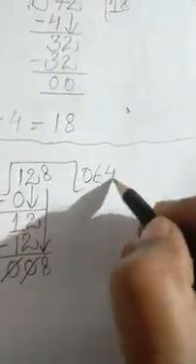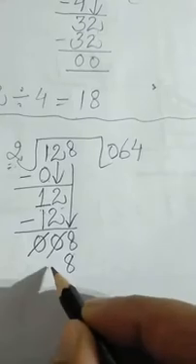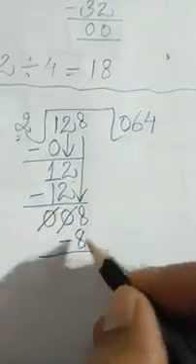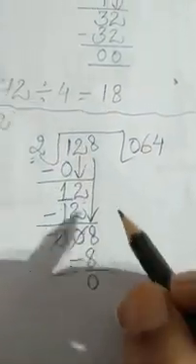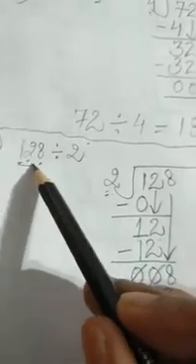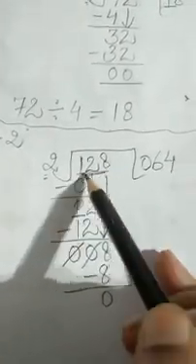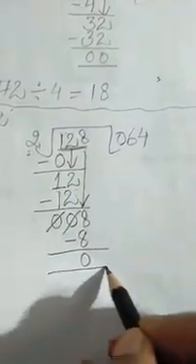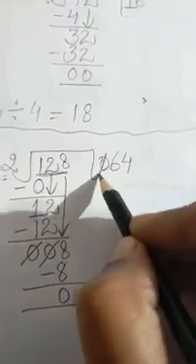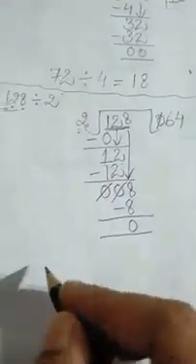It is 2 fours the 8. So here what we will do? 2 fours the 8. Now we will do subtraction. 8 minus 8 is 0. Now here you can see 128, and here also we have completed 128. Now here we will draw the ending line. So this 0 again we will ignore. Now what is our answer? It is 64.